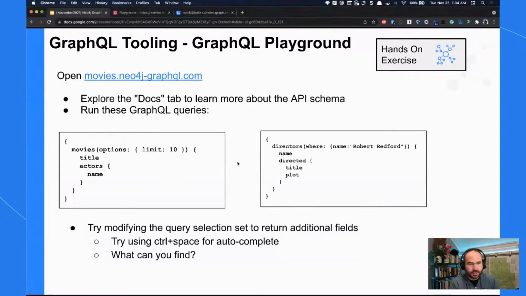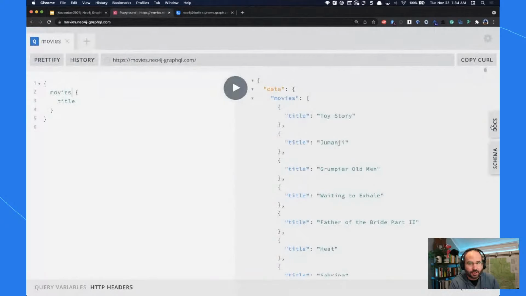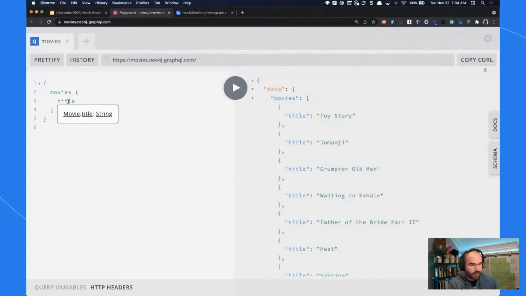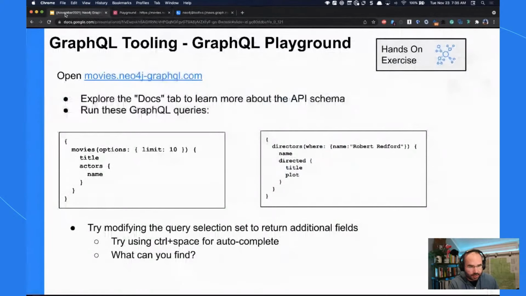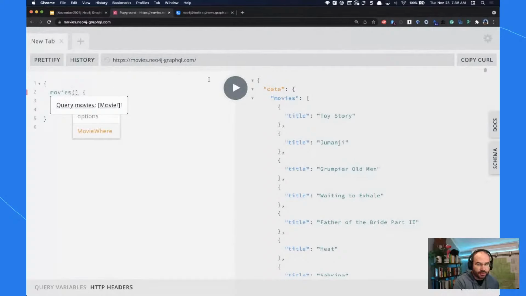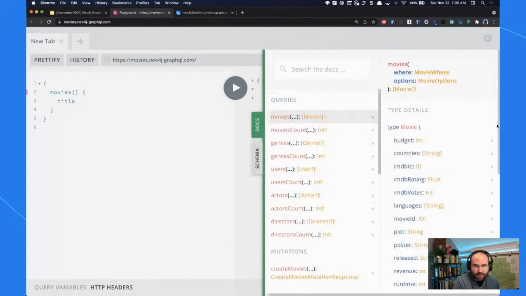Hopefully everyone had a chance to familiarize themselves with GraphQL Playground a little bit and write some queries against our movies API. Let's take a look at the sample ones we had here. First 10 movies, title, actors, and name. So we see here, we can see that we have